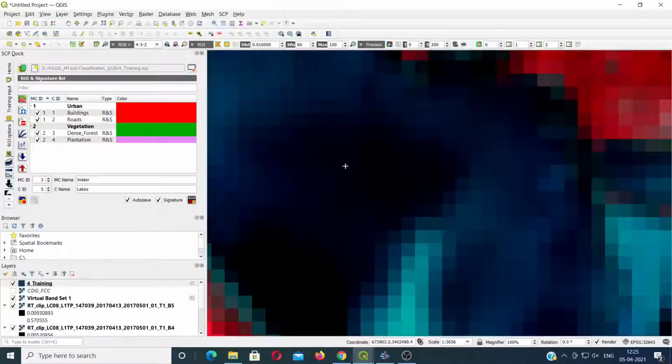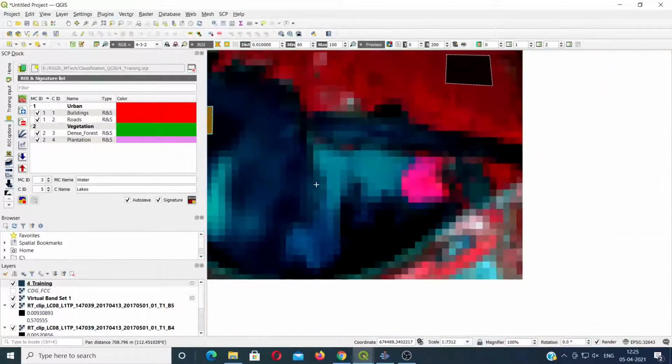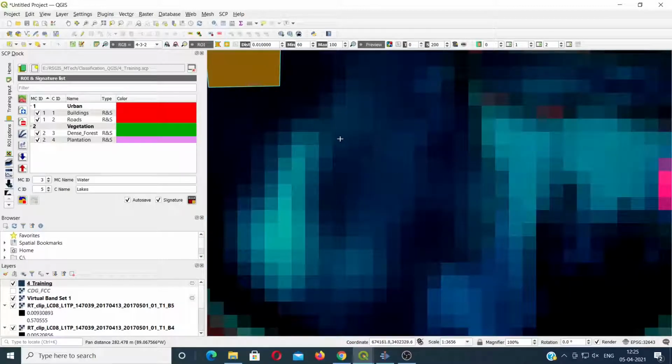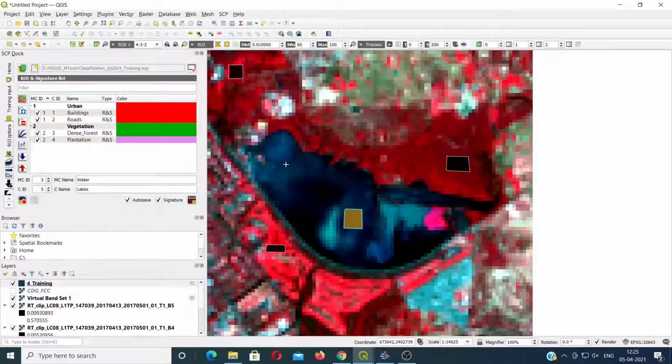Similarly, I will also try to collect the darker pixels. So since I had not pressed and held control, the previous signatures are gone. So this time I am holding control so that I will get all the signatures that I have digitized for water.